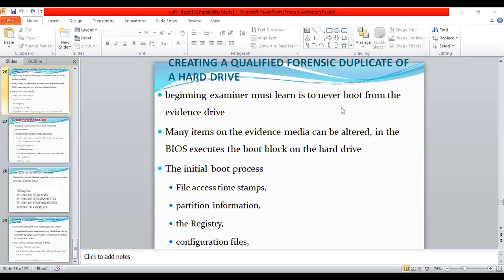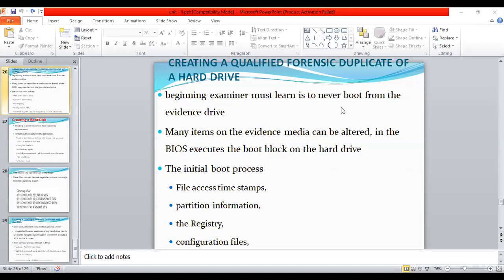The command line parameters for dd and DCFLDD are nearly identical, and the core data transferring has not been altered within any other processes or command lines. So we are using the majority of the command lines of the dd and DCFLDD commands. These two commands are majorly used in the creation of duplications. If you do not take care of precautions or command line arguments, you will get some loss of the data collections. As an examiner, you must learn to never boot from the evidence drive.